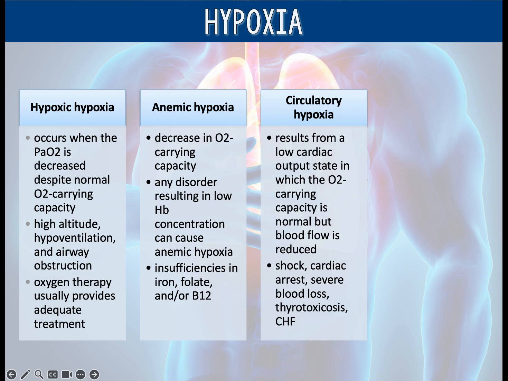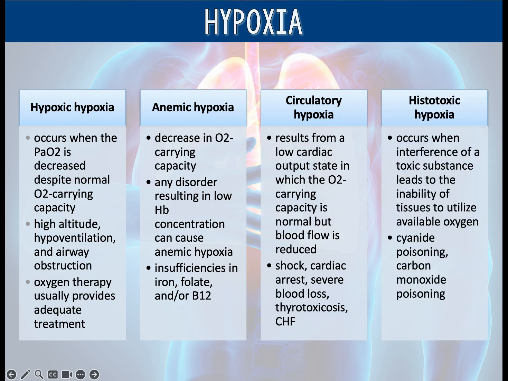The last classification is, not last but not least, is histotoxic hypoxia, which occurs when there is an interference of a toxic substance that leads to the inability of your tissues to use available oxygen. Like cyanide poisoning is an example of histotoxic hypoxia because it prevents your